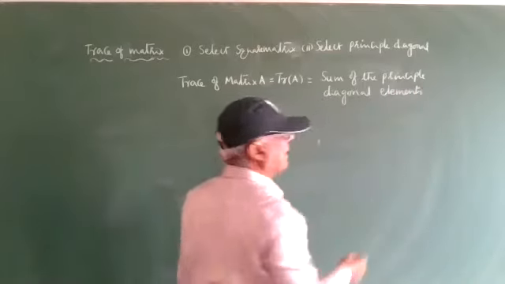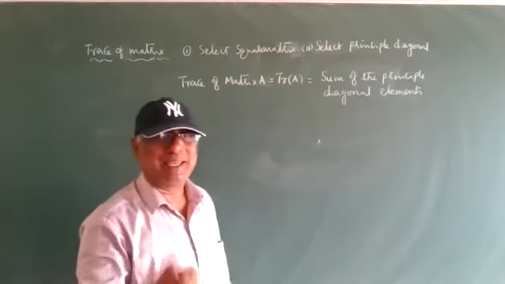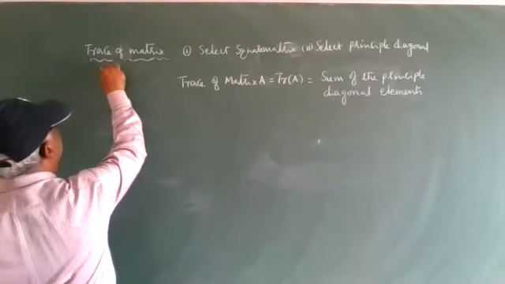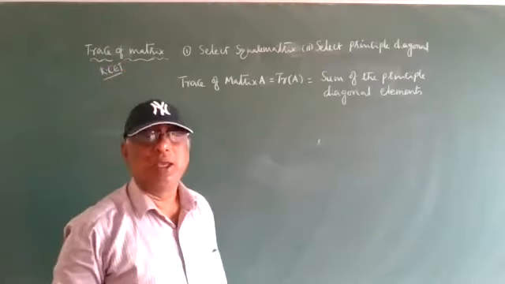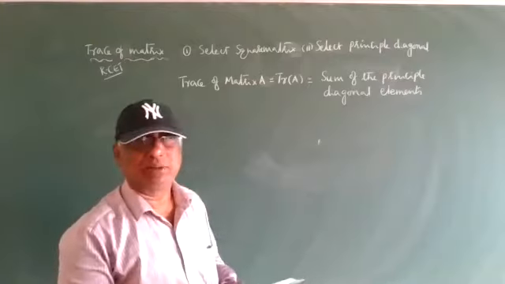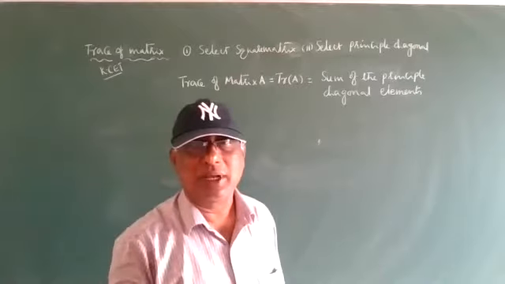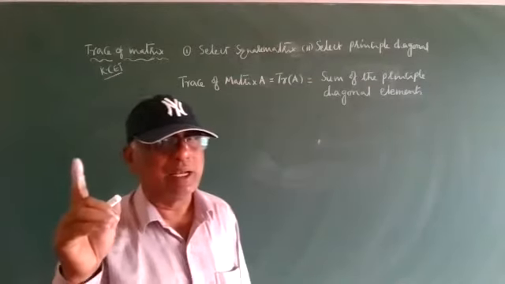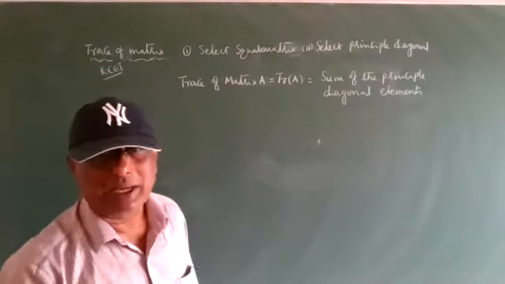Right. Everyone write down one example. Next I will write the properties of the trace. Trace is compulsory, it is asked in KSET. Okay? This is important for KSET. And sometimes in JEE, while doing problems, we can use the trace of the matrix for shortcut methods. So the trace of the matrix is represented by tr of the matrix, the sum of the principal diagonal elements.